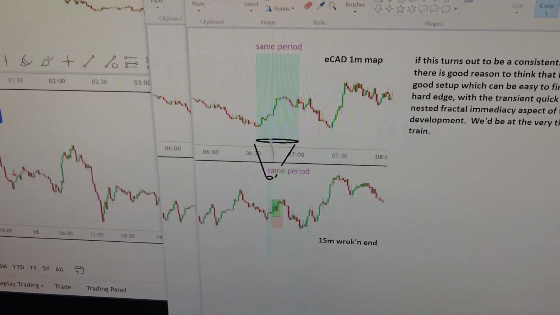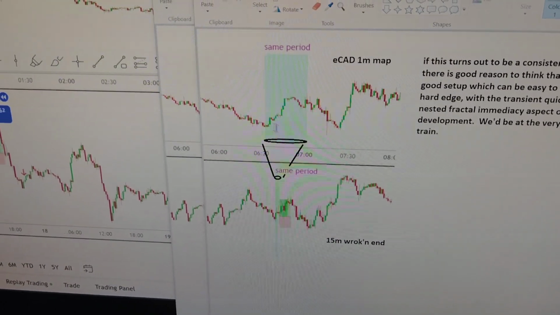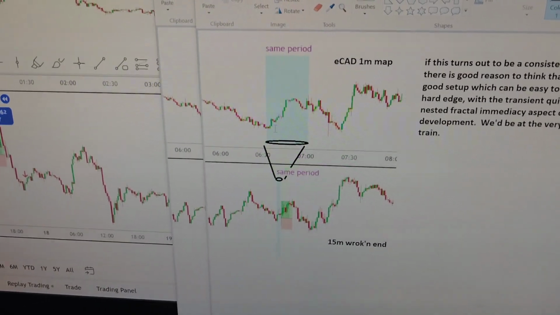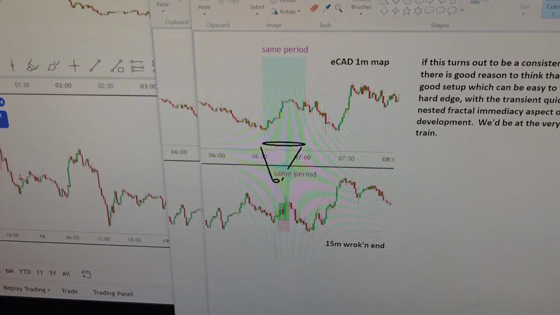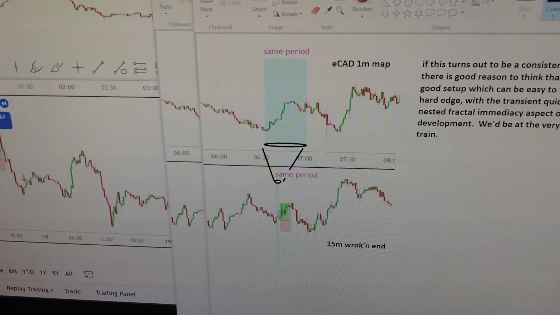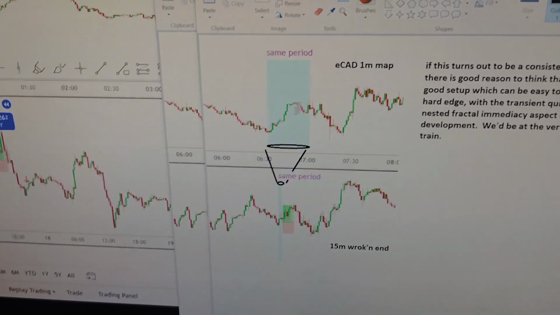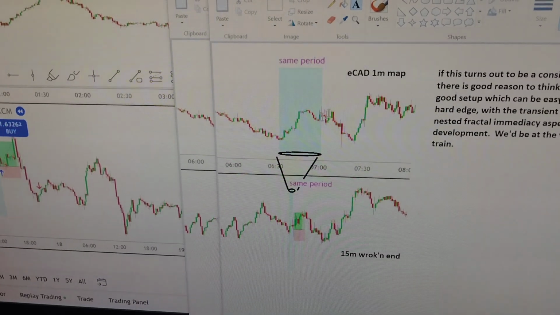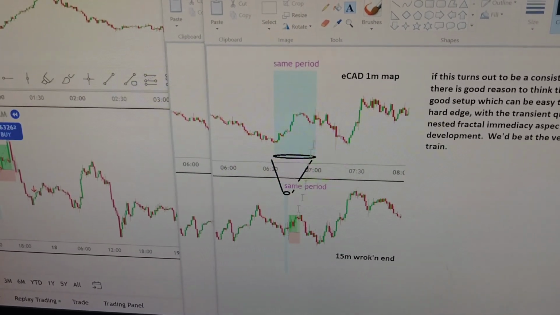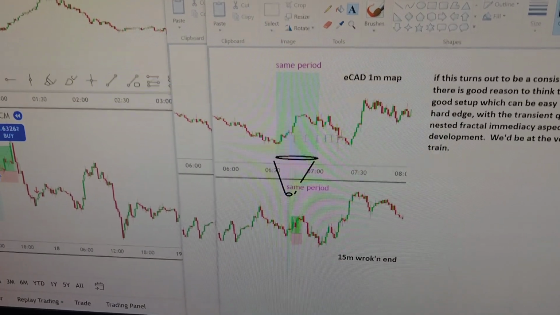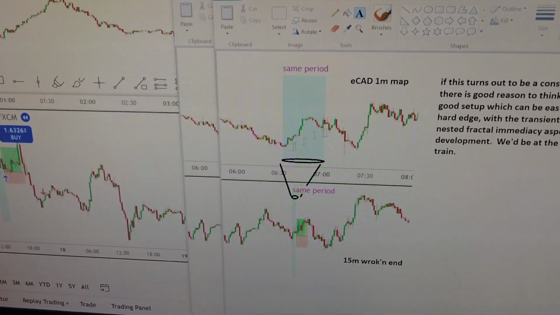And this is not just fractal analysis, but this is what Tom Hogarth calls scenario analysis. And you can objectively find all these scenarios where the 15 minutes makes a good move, and you can look at the anatomy of that move on the 1 minute chart. And if there's good momentum, you can pretty much deduce that the people on the 1 minute are ready to